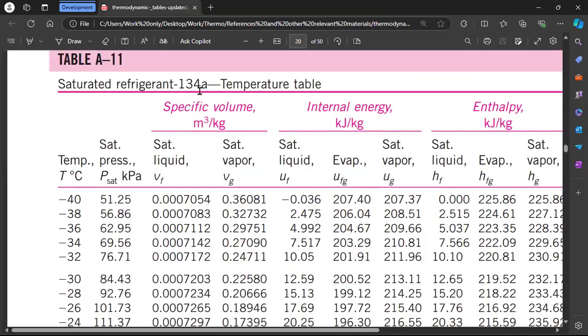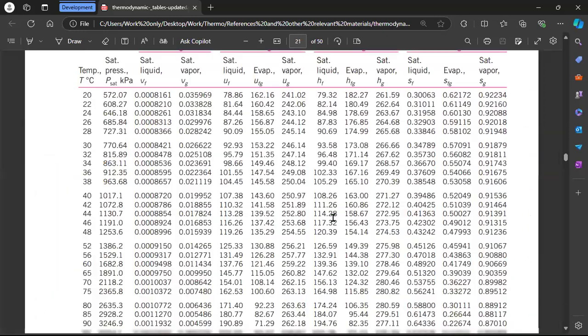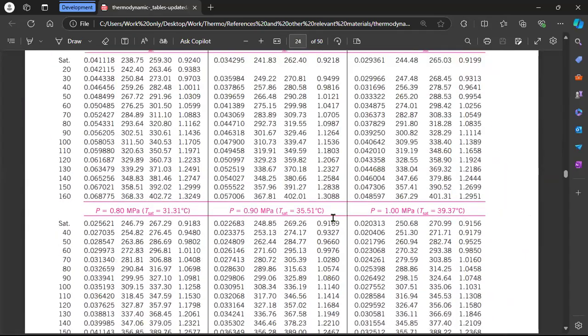So this is for refrigerant 134a. So at a particular temperature and pressure, I can determine its properties. We have tables for air as well. So we have tables for